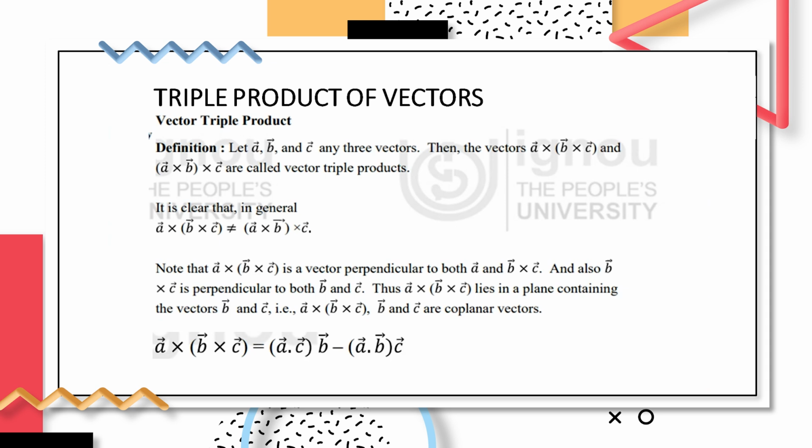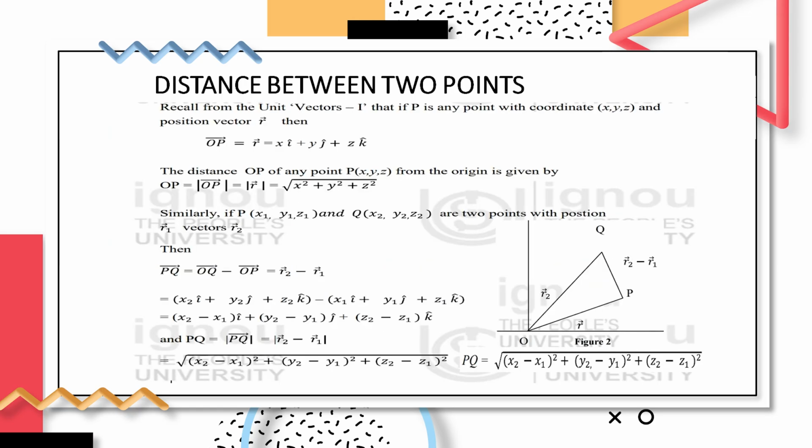And we learned the different properties of scalar triple product and vector triple product, and we learned that the vector triple product A cross B cross C is equivalent to (A dot C) B minus (A dot B) C. Apart from this, in 3-dimensional geometry, we extended the understanding of the direction ratios and direction cosines, which was